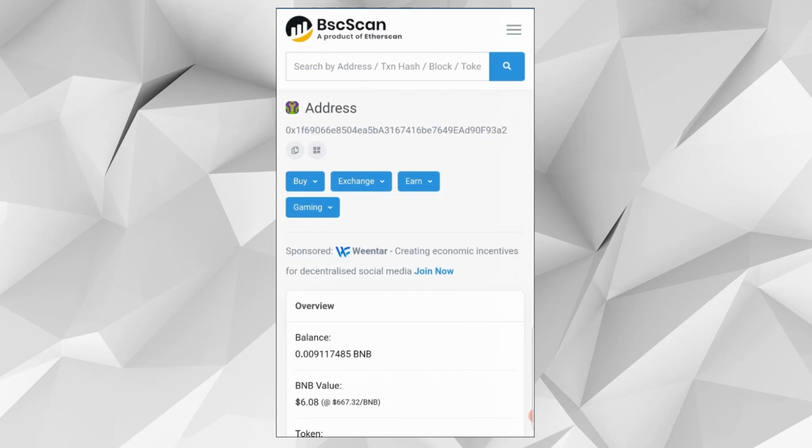By reviewing all these details, you can track your transaction, verify that it has been processed correctly, or understand why a transaction might be delayed. Additionally, you can copy the transaction ID if you need to share it for support or tracking